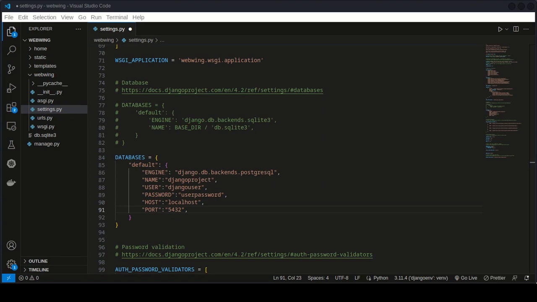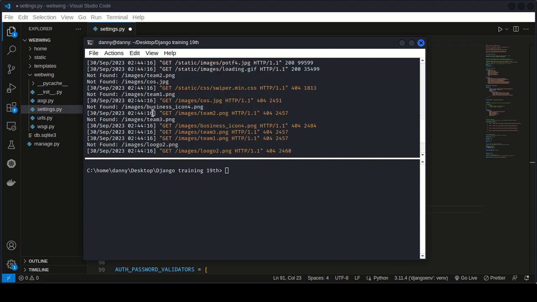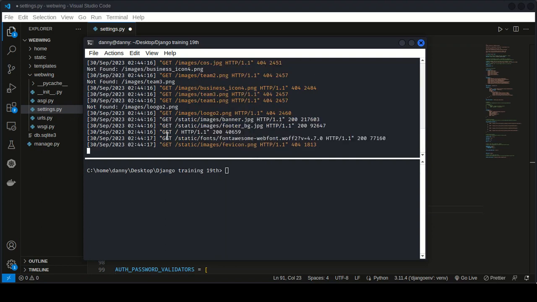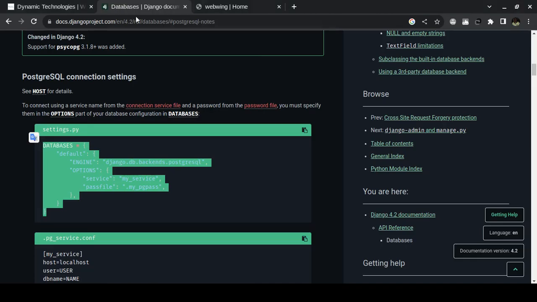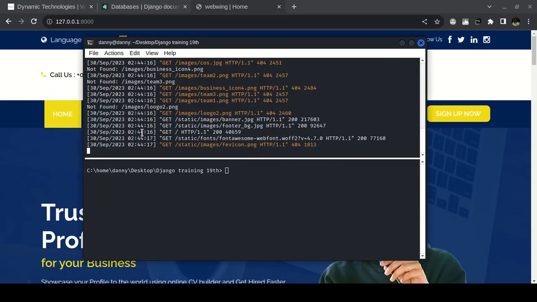I have my terminal open here. This is the server running that is serving us with this website here. So we need to stop this server. Then as you can see, I'm already on my virtual environment. So I need to install that dependency. So pip install